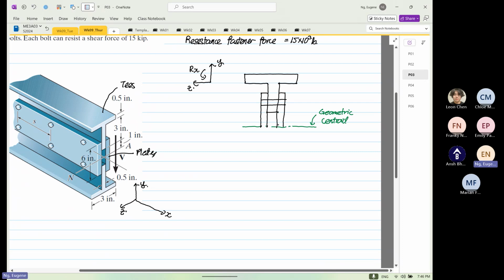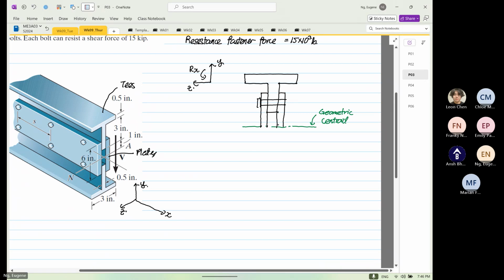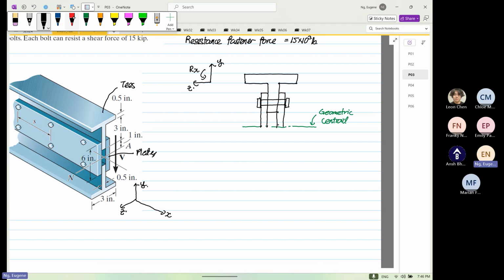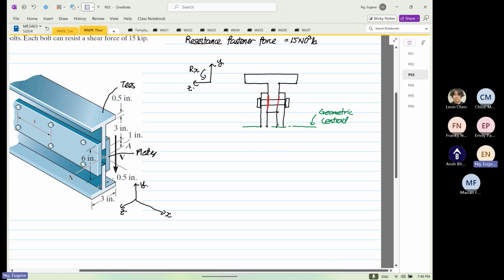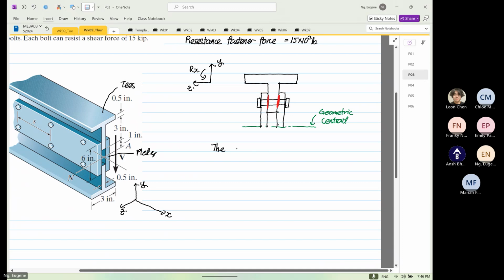Okay, so this is our fastener. And we realize that over here, why I draw this, we have what? We have a double shear configuration. Right, over here, double shear configuration. Okay, so we know that the fastener is under